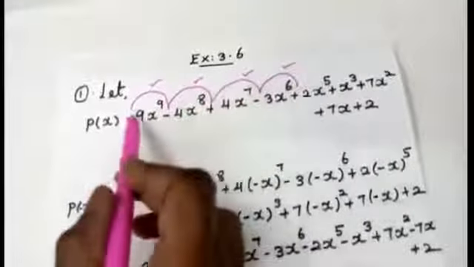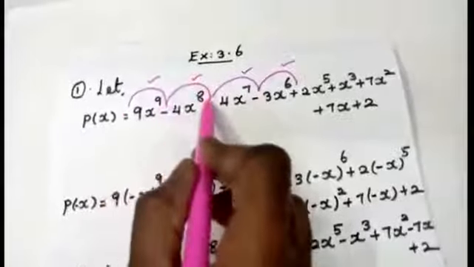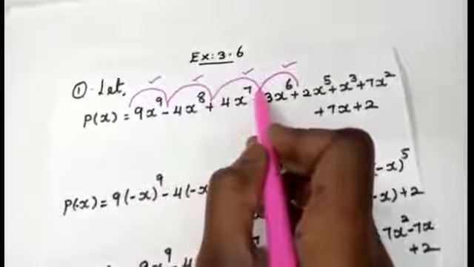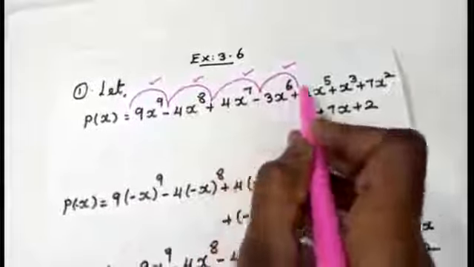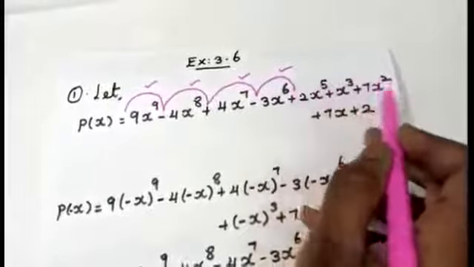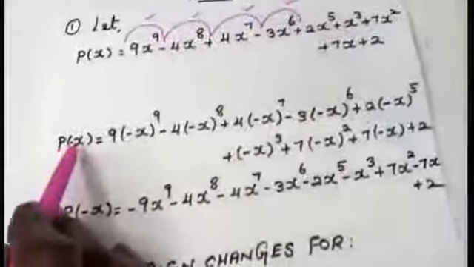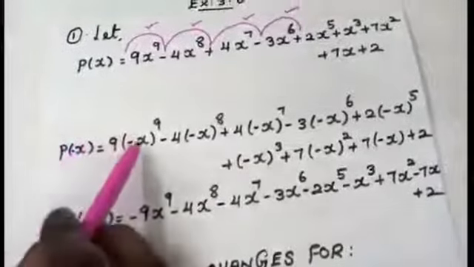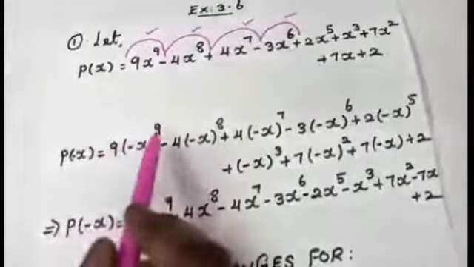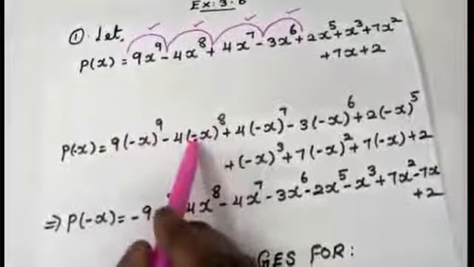This is the calculation. Positive to negative, one sign change. Again negative to positive, second. Positive to negative, third. Negative to positive, fourth. Now if you jump and see here, everything is positive, so there is no sign change. Coming to p of minus x. In the question, wherever you have x, you are going to replace it with minus x. If the power is odd, you get negative. If even, it will be converted to positive.